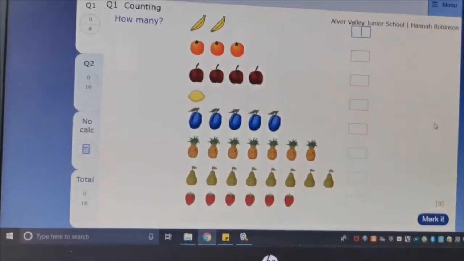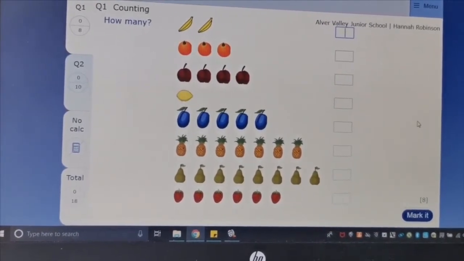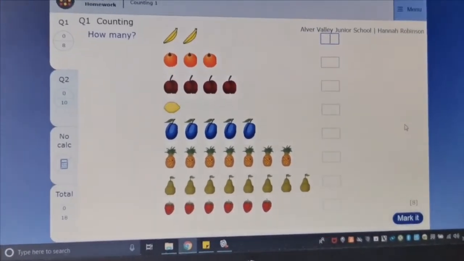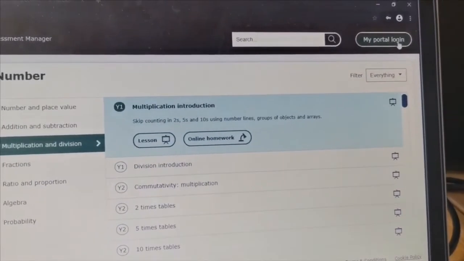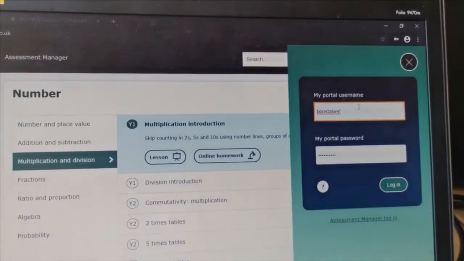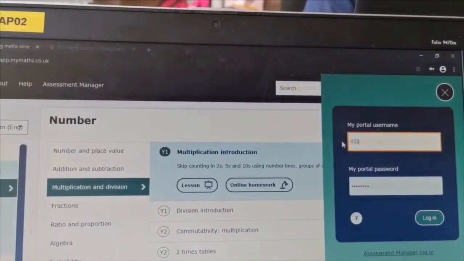Once you've logged in, any work that you now do will be sent through to your teachers, so they'll be able to see what you've achieved. If you go onto my portal login here and again type in your username and password, the second one that's on the sheet,